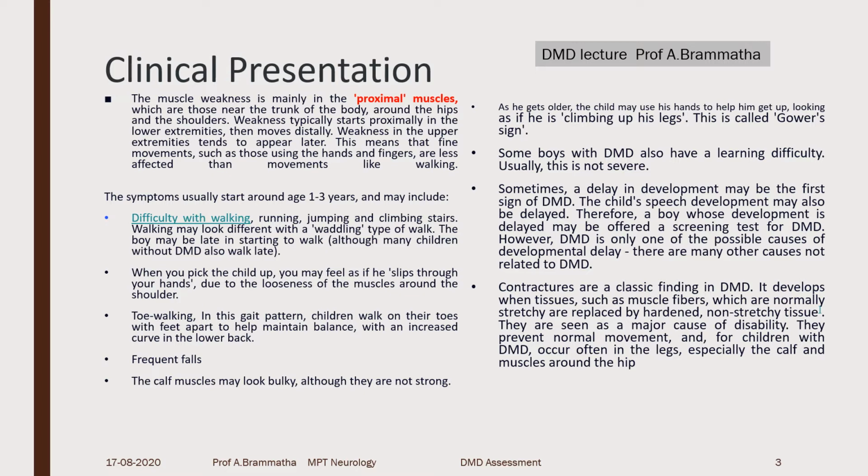Soon they will need some kind of support for their respiration. So they become bedridden, and at one point there will be respiratory failure due to infection or gastric dilatation and aspiration, and death may ultimately occur around the second or third decade. In BMD, this scenario will be a little more elongated, maybe around 40 years this may happen. So that's the difference. Now along with this, there will be a lot of other problems.